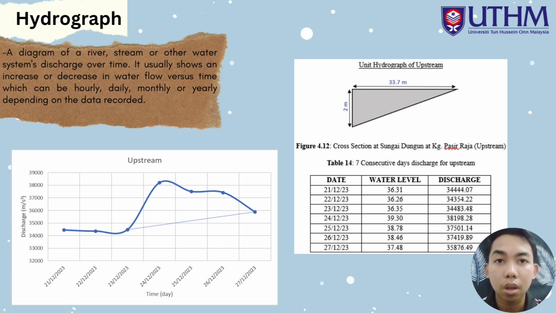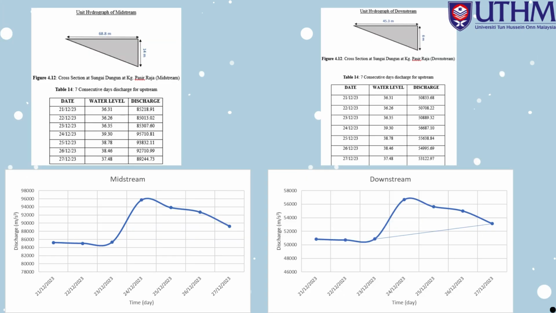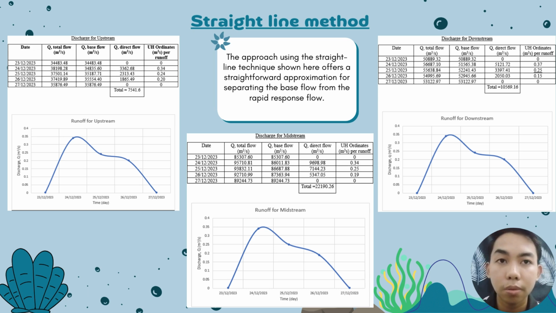Then for the upstream, this is the graph. Same goes with midstream and downstream. After we get the discharge value, we have to plot the graph and this is the graph that we get. To find the unit hydrograph ordinates, we use the straight line method,